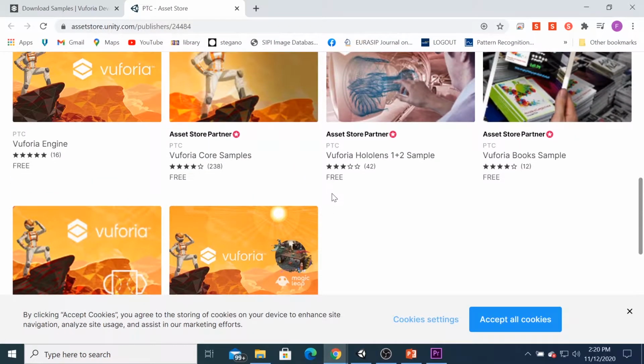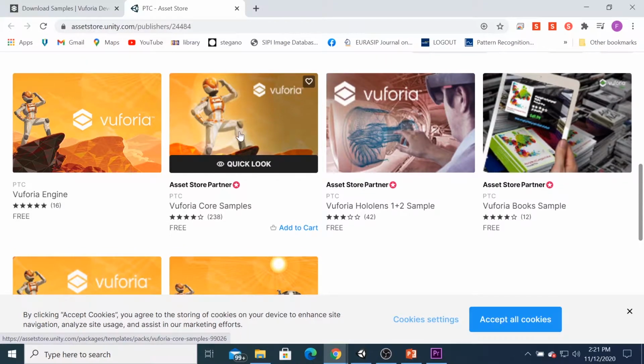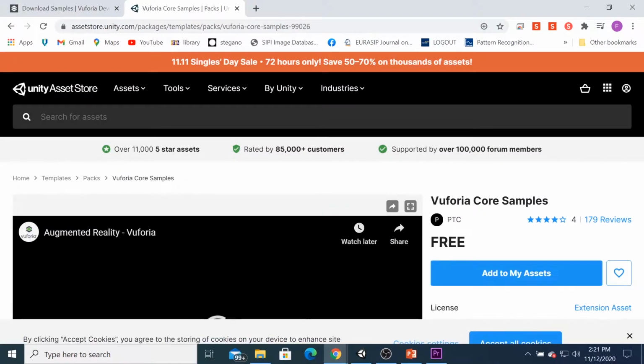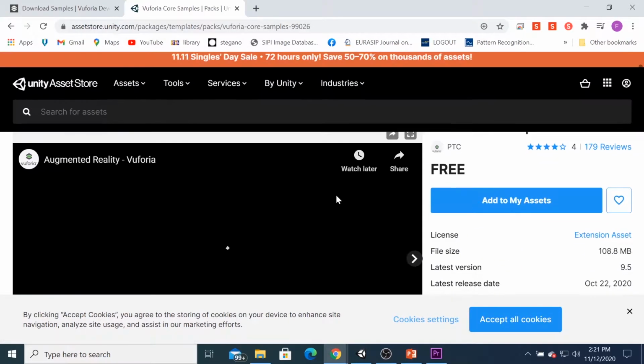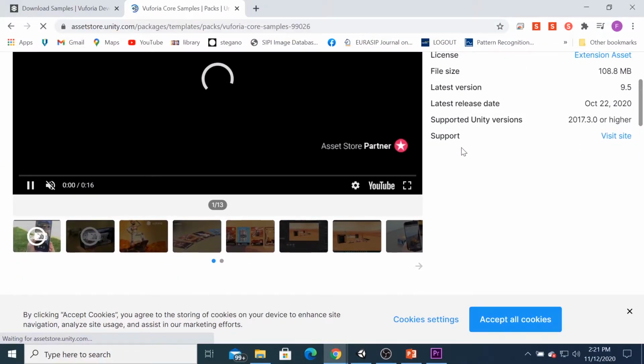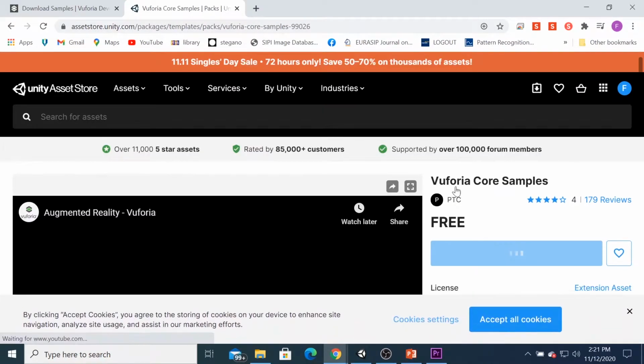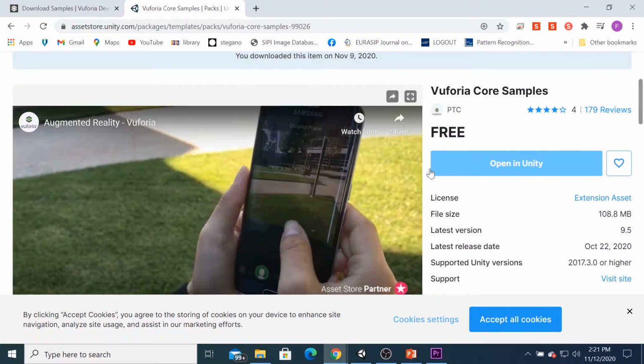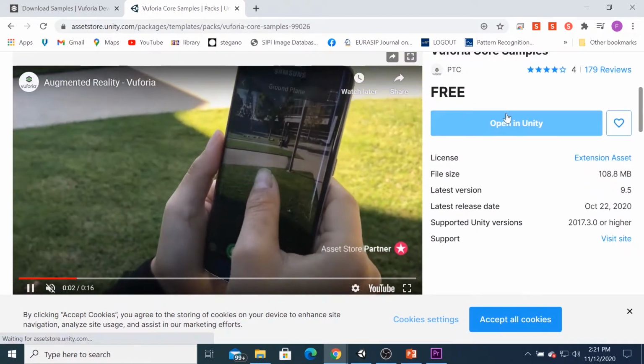Then we can choose this one, Vuforia Core Sample. It is free. Then you can add to my asset, then you can import this Vuforia Core Sample. You can click Open Unity.